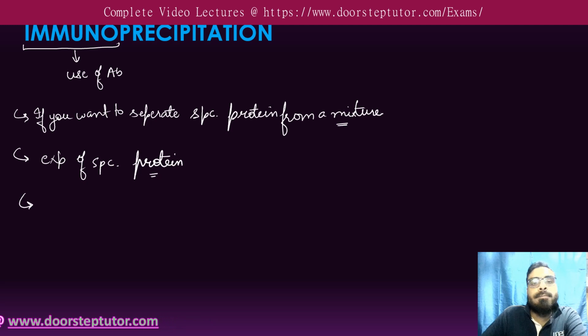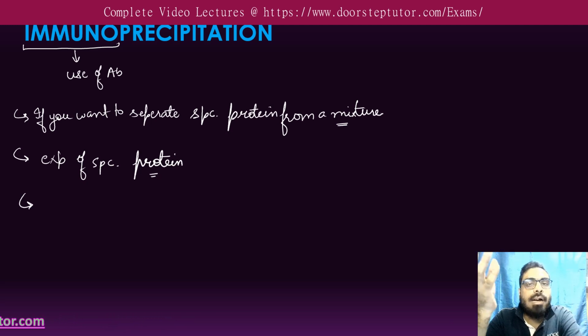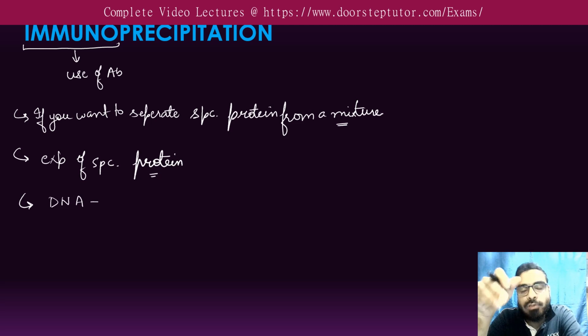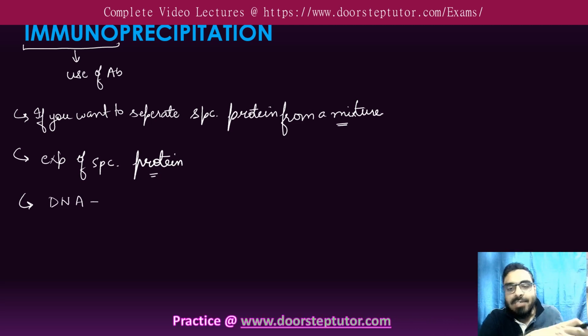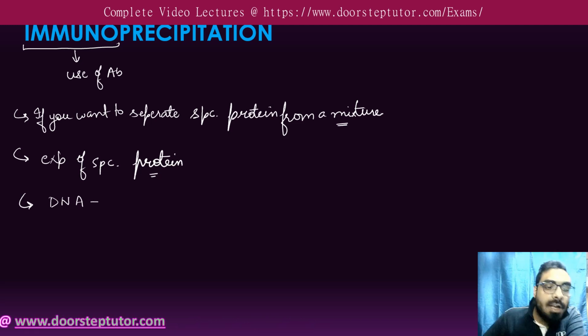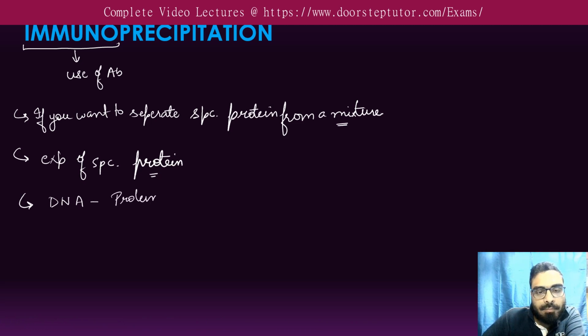Apart from that, as I told you, we're going to discuss chromatin immunoprecipitation. So here DNA protein interactions are also seen. We are actually writing the applications right now. We're going to discuss first the applications, and then we're going to see all the techniques so that it will be clear to us. So DNA protein interactions can be seen, and I'll explain how when we discuss